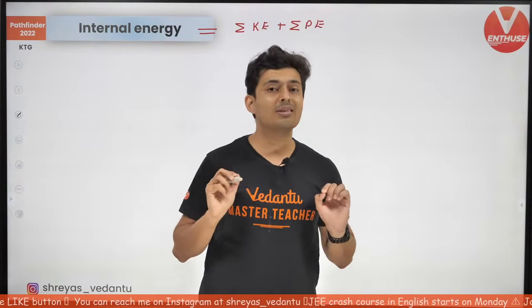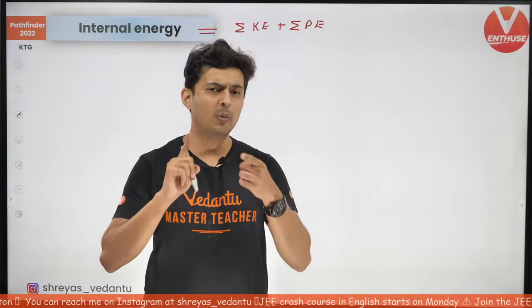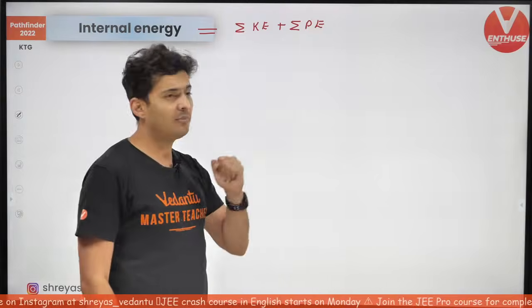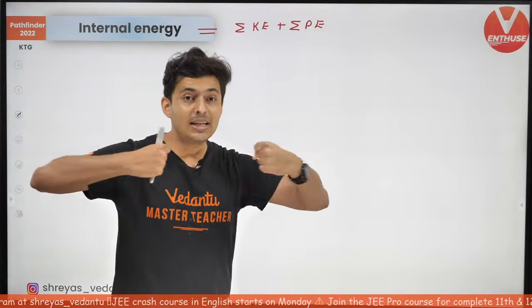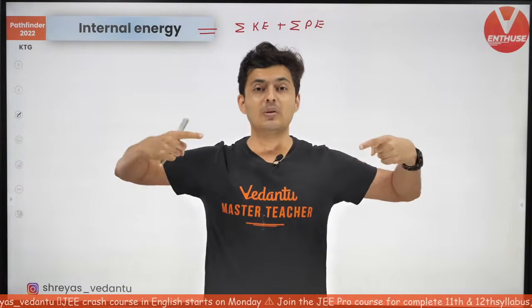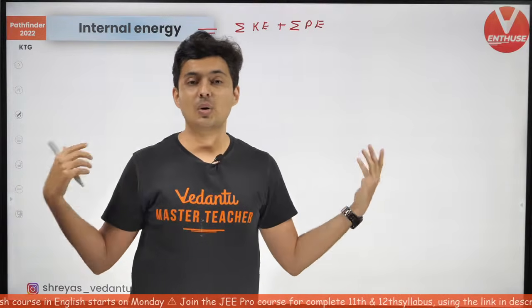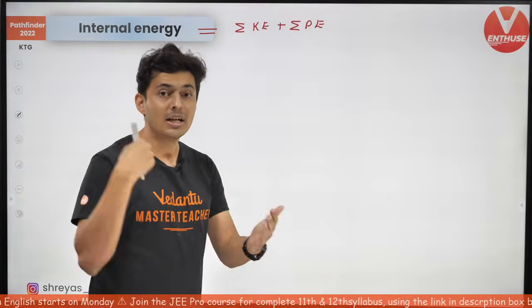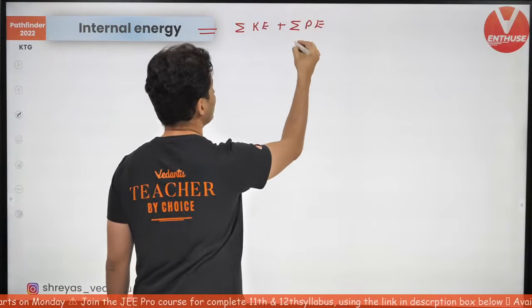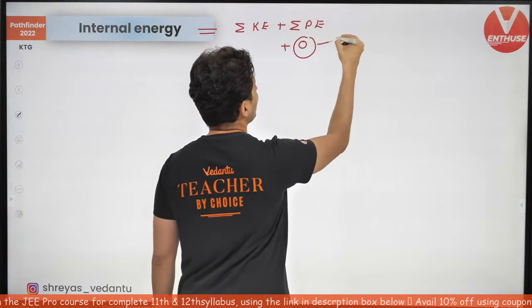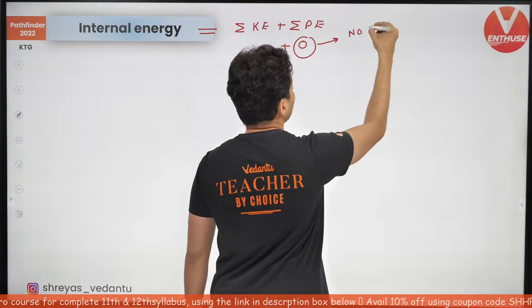If the molecular forces are negligible, will they have potential energy associated with it? Yes or no? Think about it. Will they have potential energy? Because potential energy comes only when there is a force of interaction. If there is no force of interaction, the molecules don't exert repulsion or attraction, the force will be zero, potential energy will be negligible. So this is zero and this is zero because